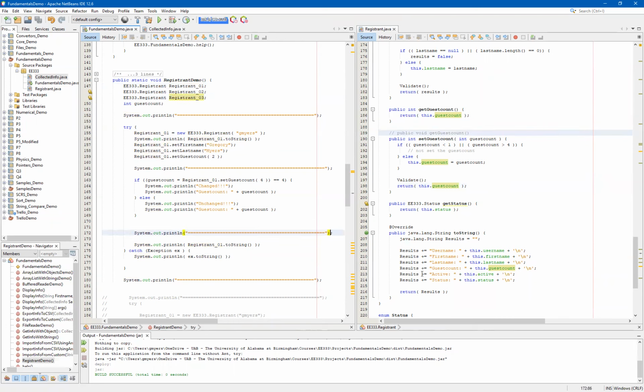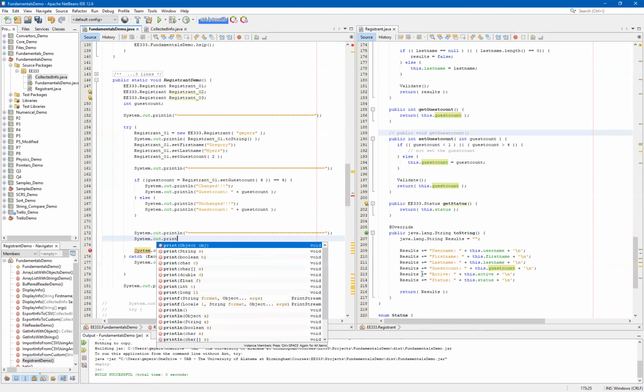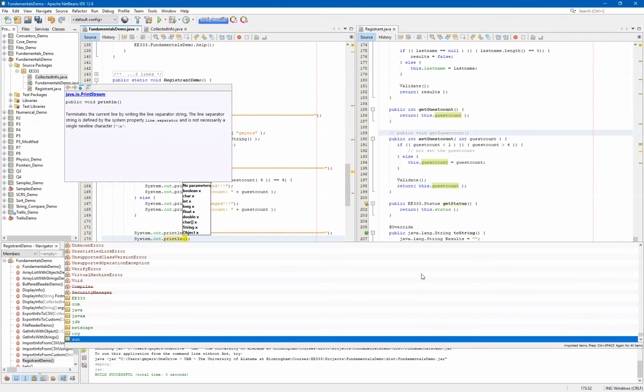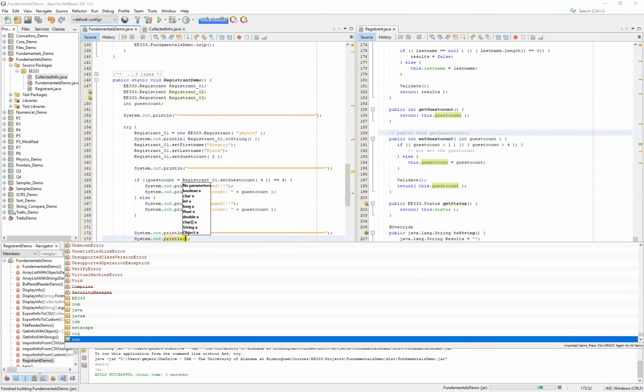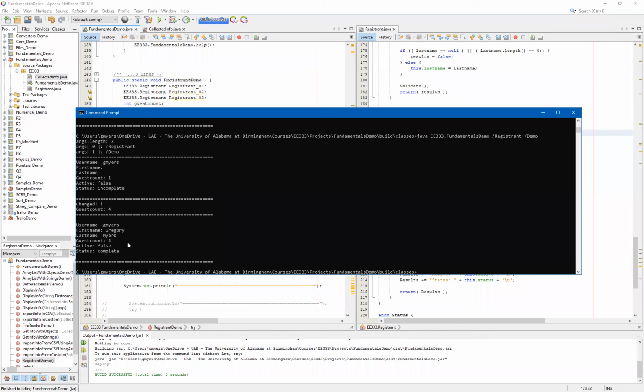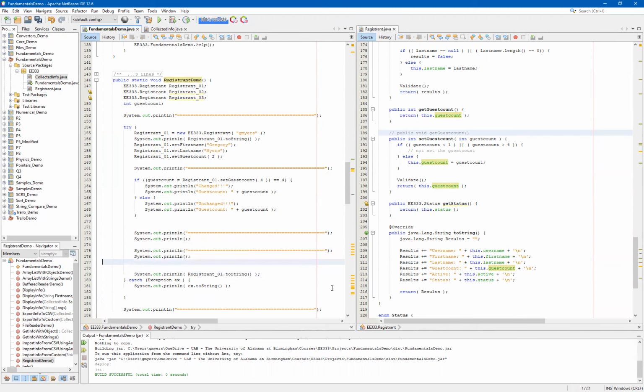In this case, I'm going to add one more system.out.println before I do any more operations, just to clean this up. So let's build it one more time. And then you can see here where we are focusing solely on changing the guest count. And again, we're going to repeat this. I'm going to do this a couple of times here. I'm going to throw in another